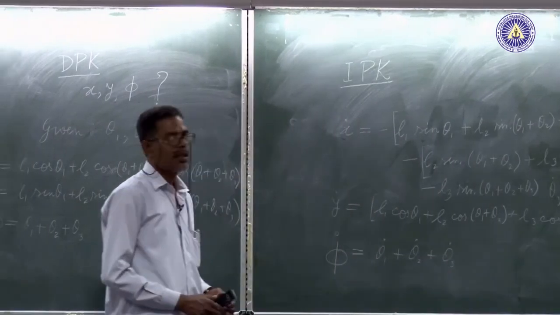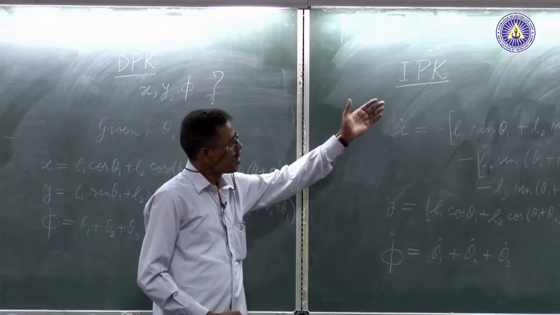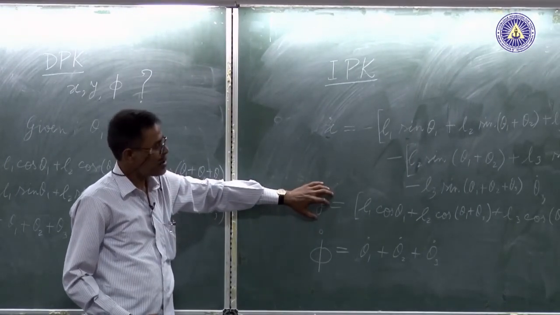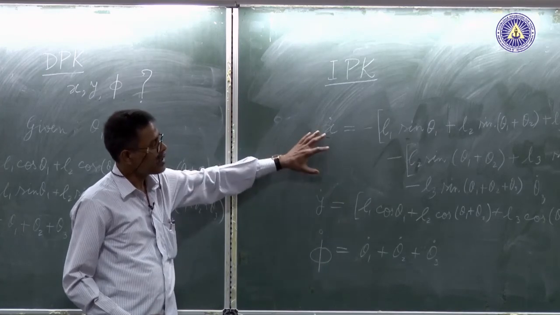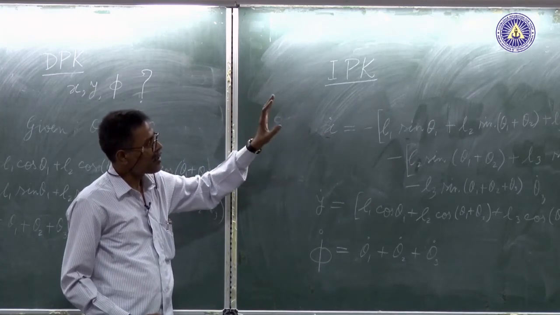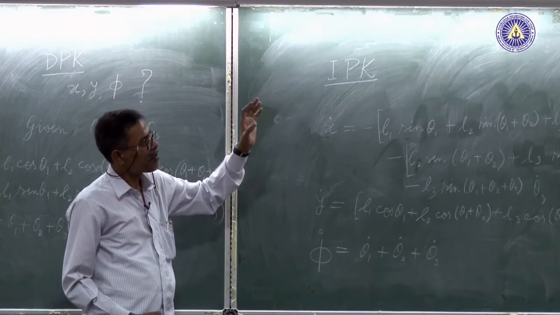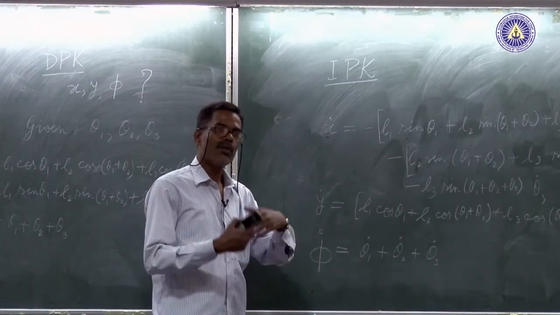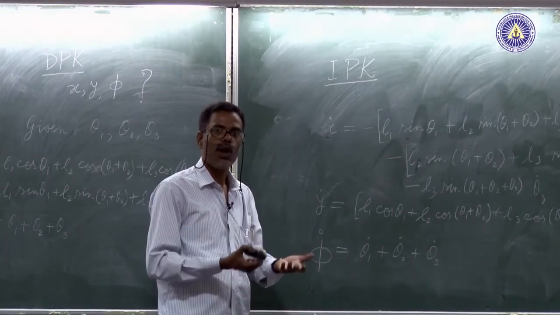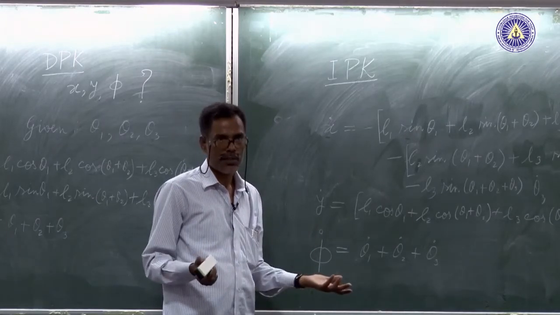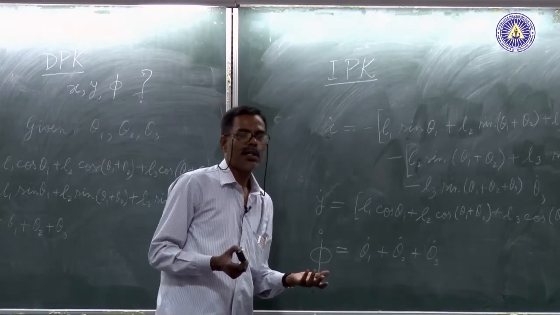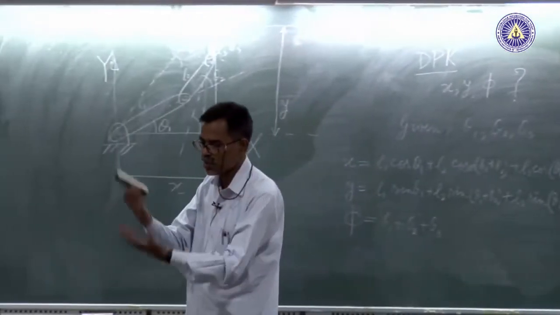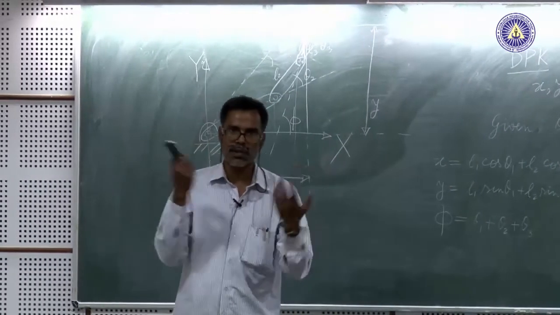And you can see that the linear velocity x dot y dot and angular velocity phi dot of the hand is available as linear combinations of the input velocities theta 1 dot, theta 2 dot and theta 3 dot. That will be so always in all velocity relationships. Such is not the case in the case of position relationships, which are much more complicated, involving much more nonlinearities,